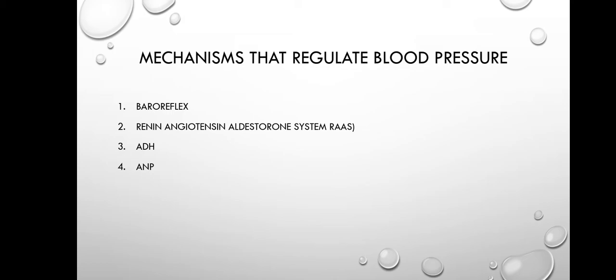The decreased blood flow within the kidneys, as well as the resultant decrease in glomerular filtration rate, will be detected by one, the macula densa cells, and two, the juxtaglomerular cells. So when the macula densa cells detect this decrease in pressure and decrease in glomerular filtration, what will happen is that they will enhance the reabsorption of sodium, which will also cause water molecules to follow